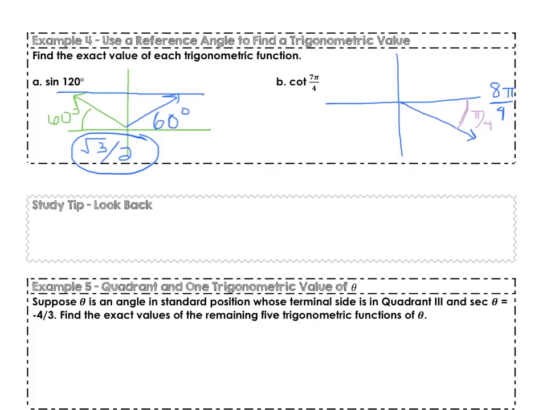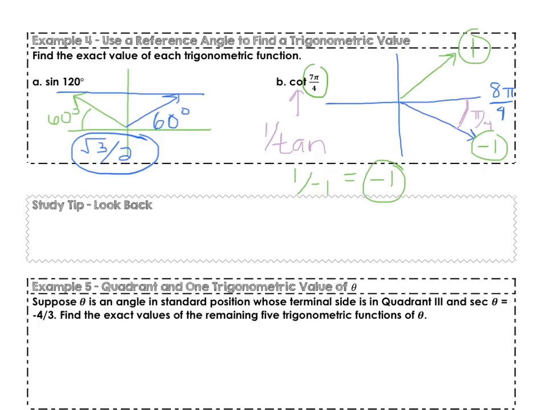Well, cotangent is 1 divided by tangent. So the first thing I need to think about is, what is the tangent for my 45-degree buddies? Well, in the 1st quadrant, tangent is equal to 1, and in this 4th quadrant, tangent would be equal to negative 1. So we have 1 divided by negative 1 for 7 pi over 4's cotangent value,